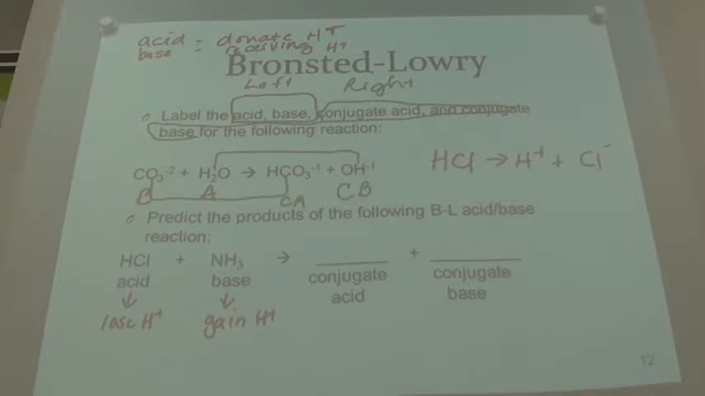Very nice. Okay, so what is the conjugate base of HCl? Cl minus. All right, we got that. We made it lose, and we got our conjugate base. Now, we need NH3